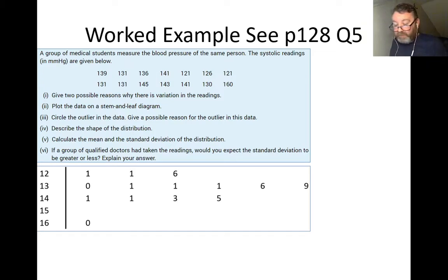So what have we got? We've got 121 twice. That's 1, 2, 1. Then we've got 126. Then we have 130. Then we have 131 3 times. And then we have 136 plus 139. And then we have 141 twice. And then we have 143 and 145 and 160. Okay, so the total I get there is